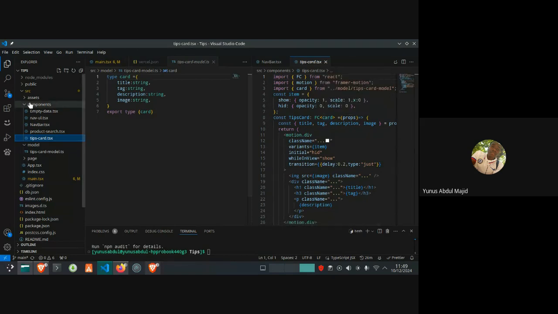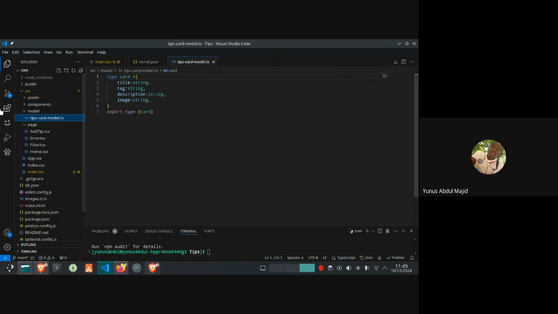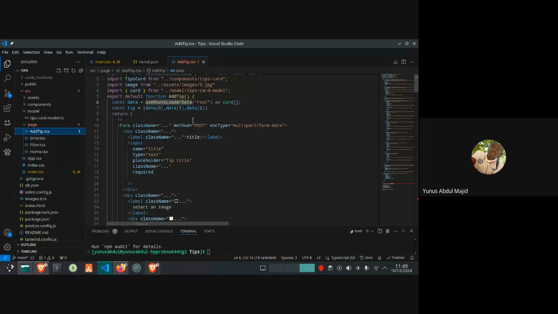So that's TypeScript. And this is the model, and these are the pages. This is the tips pages.